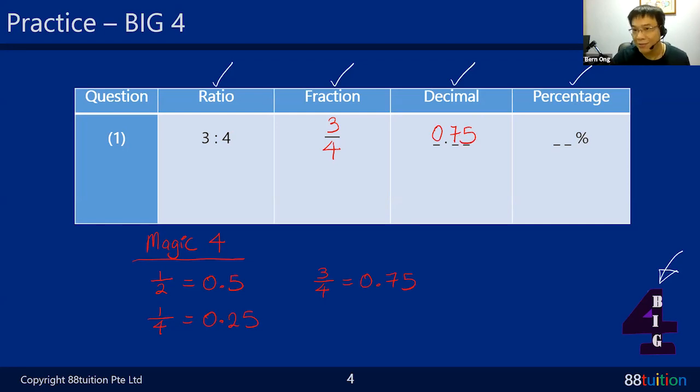So the last one is 1/8. 1/8 is what as a decimal? 1 to 5. It's actually 0.125. Yes, 0.125. 125 is like 1 to 5 lah. Okay, but please don't go around telling people 1 to 5, 1 to 5. So 1/8, that's how I remember. 1/8 is actually 0.125. Very, very useful also. Trust me on that. So this magic 4, you try to remember.